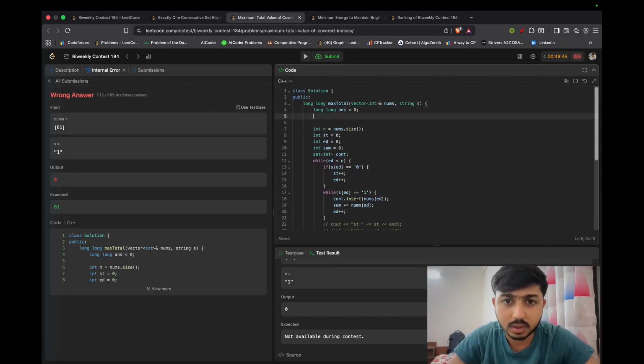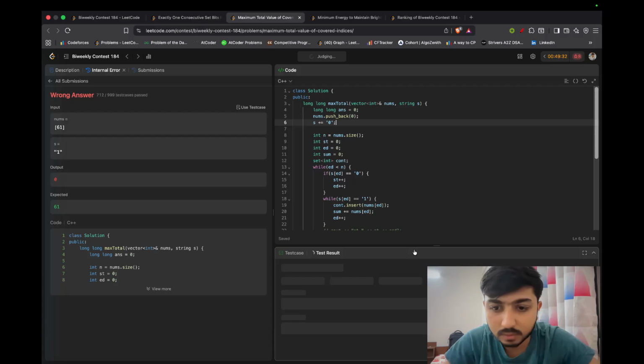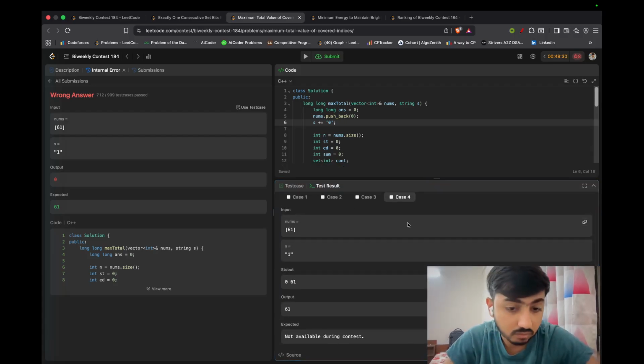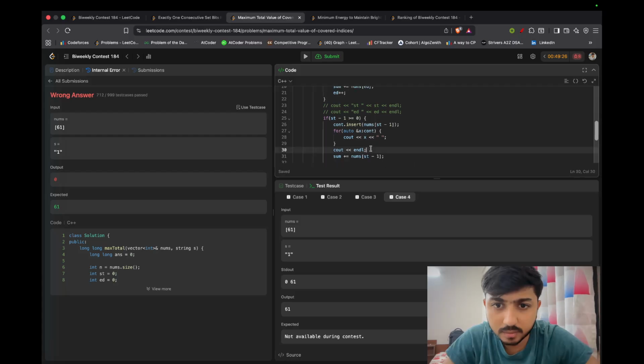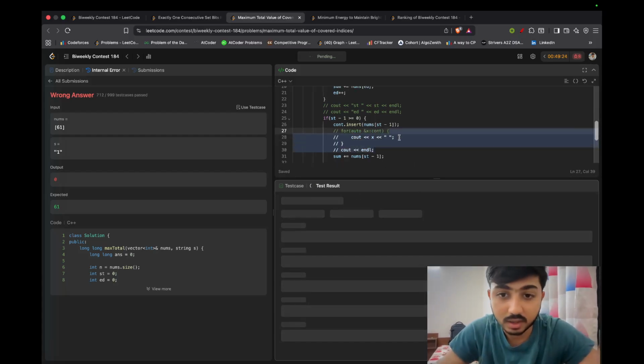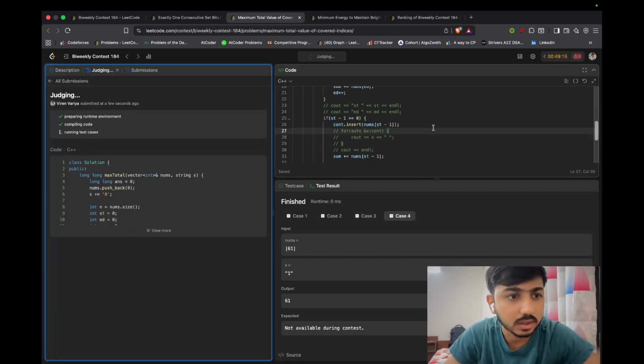Now, push back 0. S plus is equal to 0. This is fine, right? I'm just doing what else seems to come to mind because I'm not hoping for anything from this one. Yes,